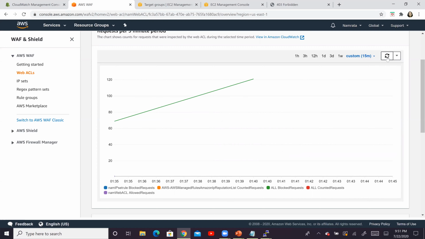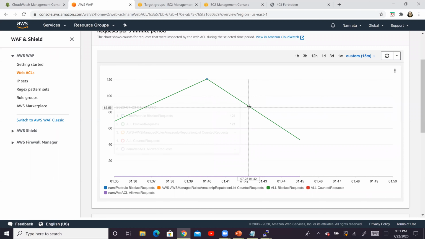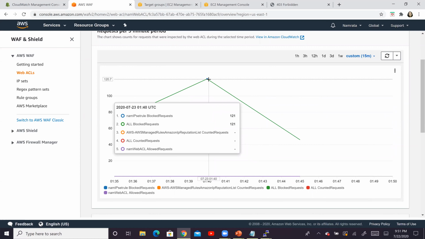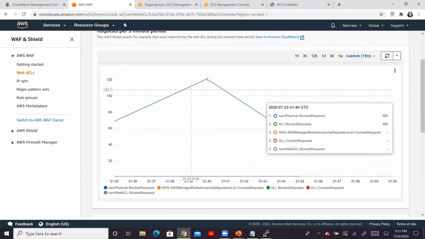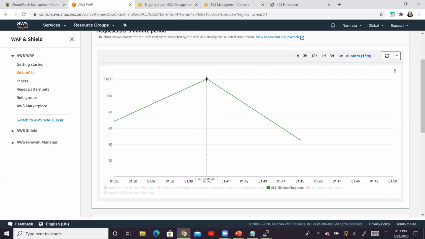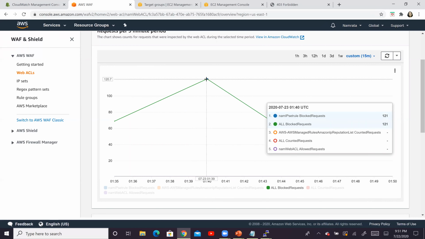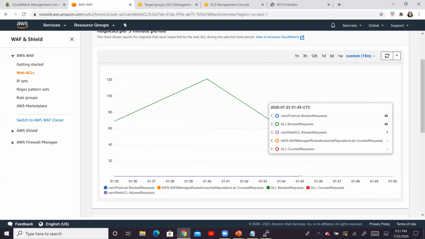If I refresh this, this will change. It went up because I was hitting it. It went all the way up to 121 requests because I was continuously hitting it, and then once we got the number, the number of requests went down.